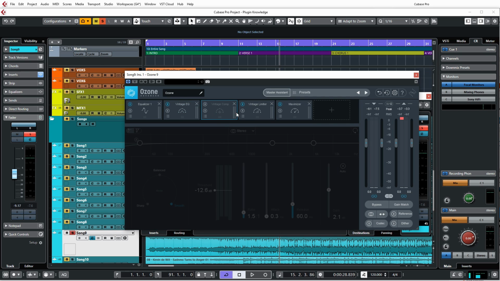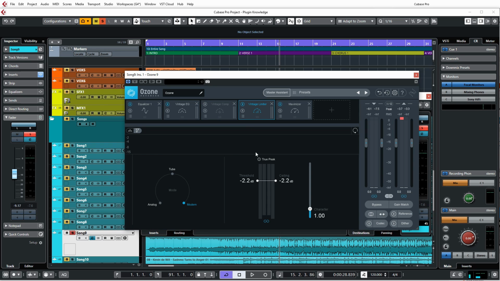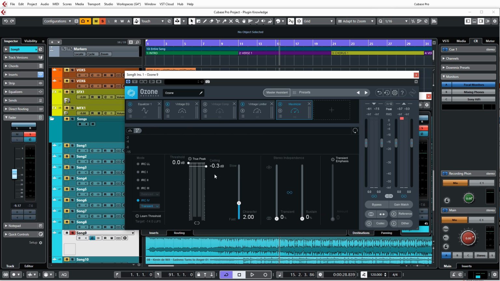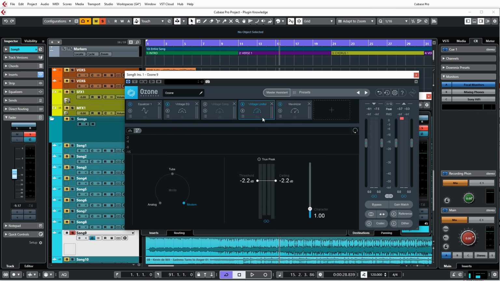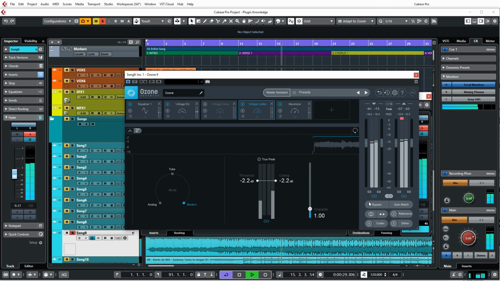It decided not to do any compression. And it's done, even though it's a vintage limiter, it set it to modern mode, interestingly enough. And then we got our maximizer, which the threshold is set up pretty high, probably because this limiter is doing the work for us. So before,